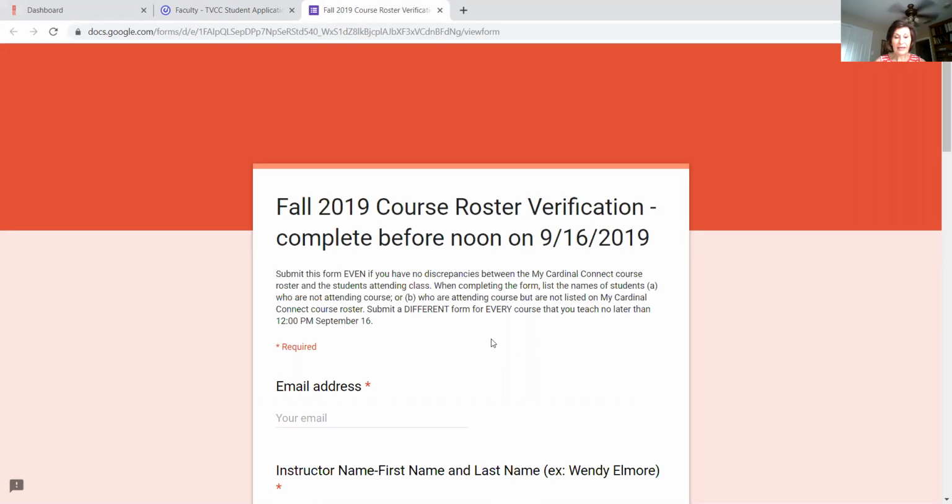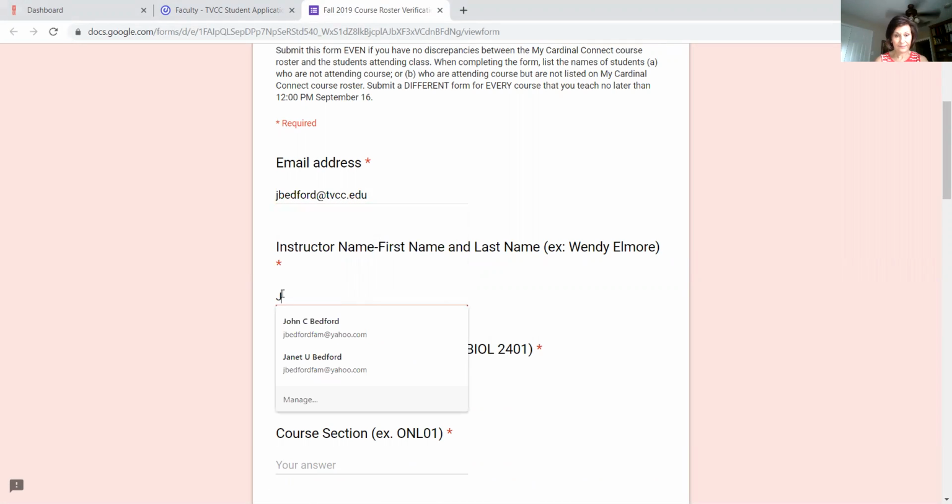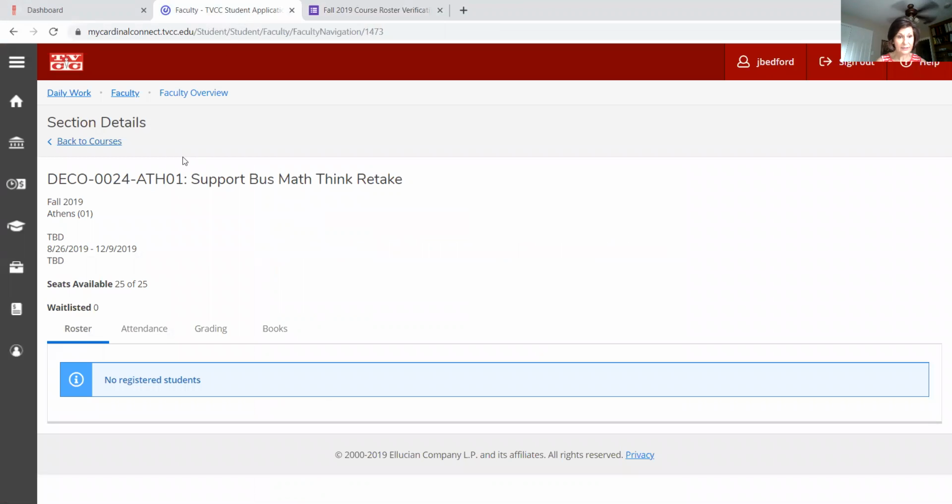Now, you need to type in your email address. You need to type in your name. And when you get to this part for your course name and number, I'm going to make this suggestion. I'm going to go back to that page that I had bookmarked that is my roster in the official Cardinal Connect. And if you will just